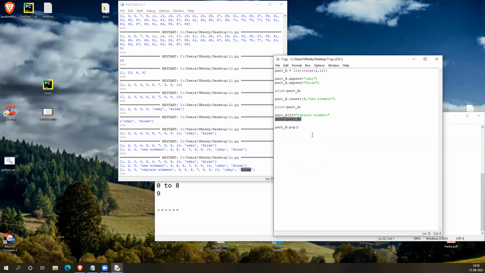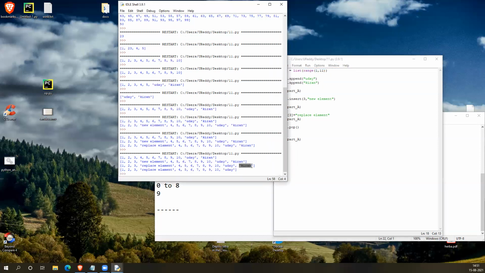Now we print it. When you run this, Kiran is removed. And while removing, once that element is removed, you can fetch it and store it in another variable also.